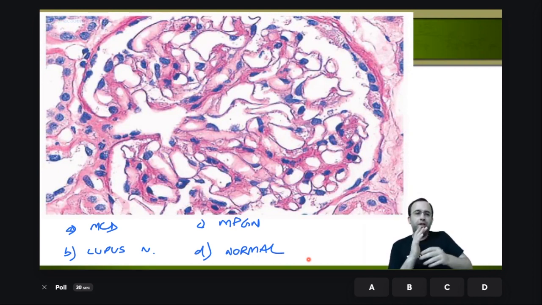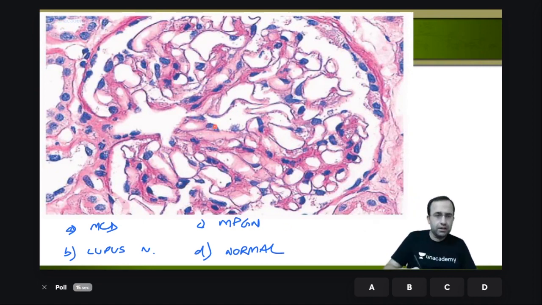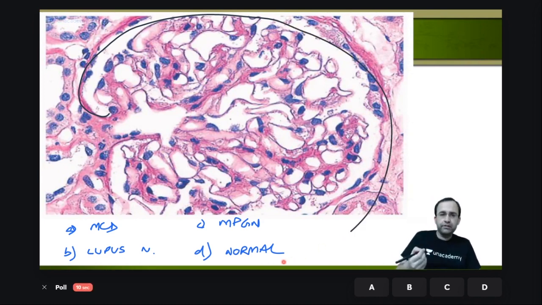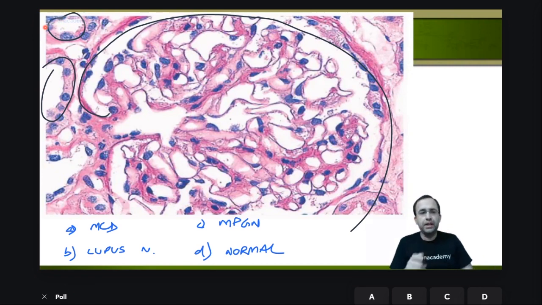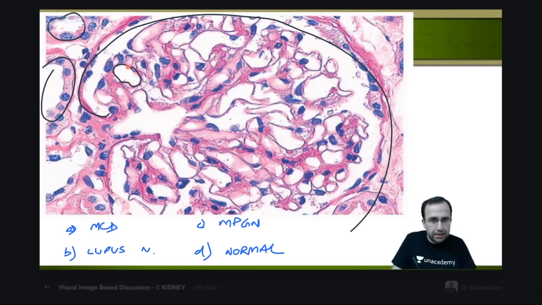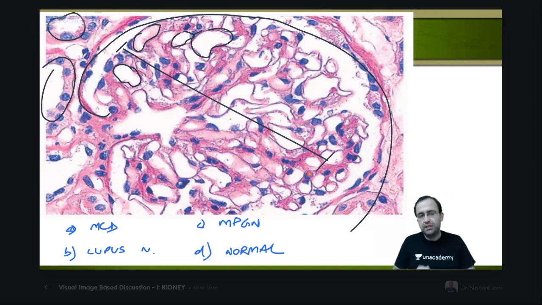Whenever you have a look at an image, look at structure, organ, disease. What you see here is structure. This is a glomerulus. This shows the presence of a glomerulus with presence of renal tubules on the side, making the organ as kidney. First point. Next, it shows the presence of capillaries with a nice open patent lumen. The lumen is patent and the capillaries are well spread apart in the whole glomerulus. This is a nice normal glomerulus.